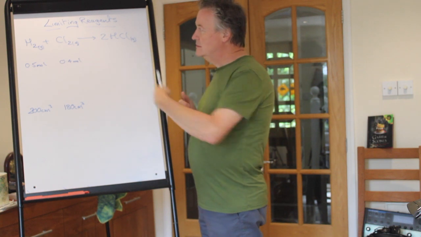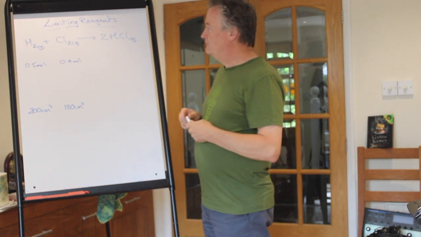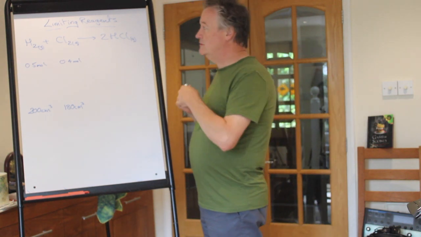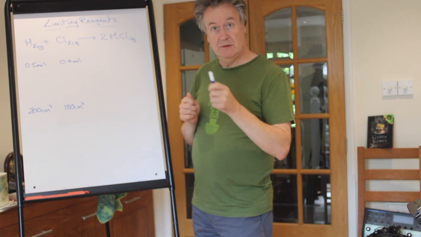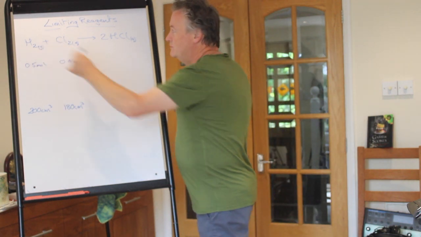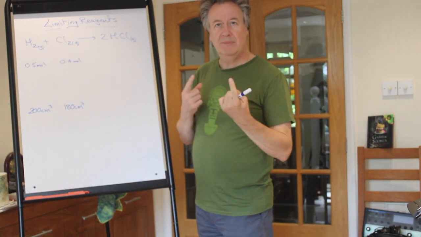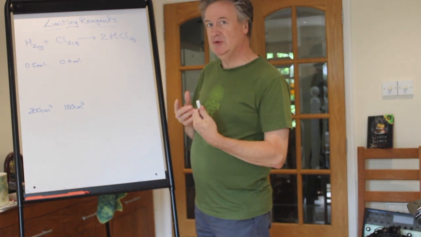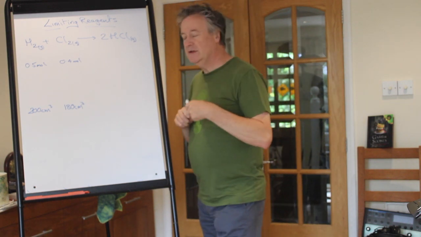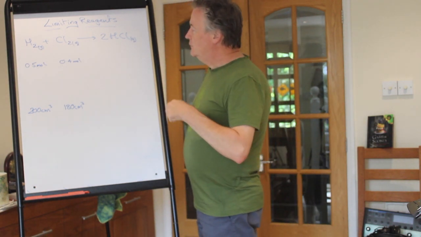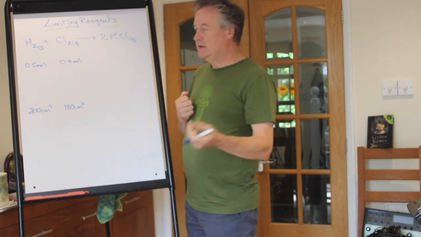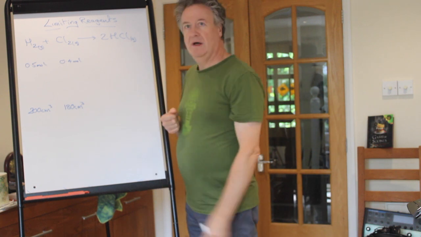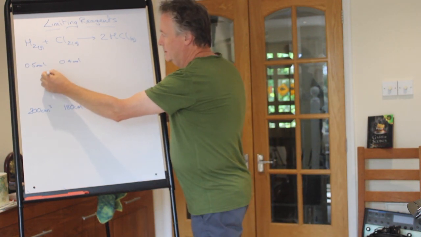So in this straightforward simple example, you don't need to consider balancing numbers because you're only talking about reactants when you do limiting reagents. These here, both of them, have no balancing numbers, so they're 1 to 1. It will be the same if it were 2 to 2 as well, provided the number is the same. So when you look at that, it's very straightforward. 0.5 of that, 0.4 of that. There's more hydrogen, so